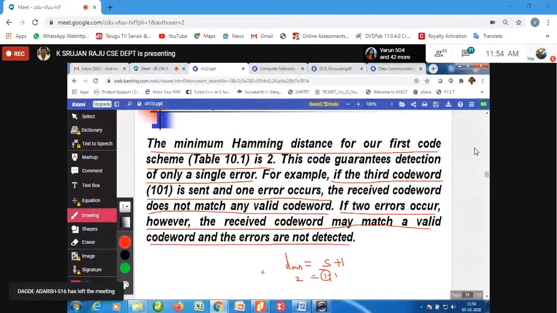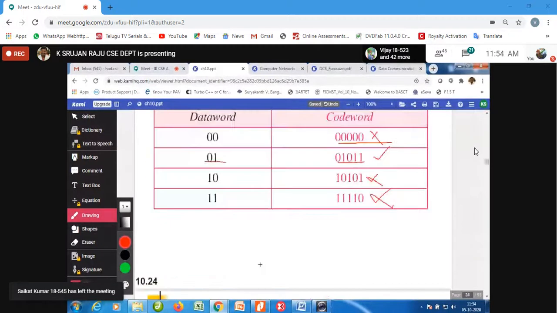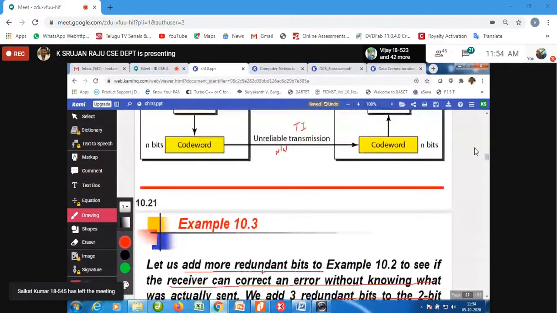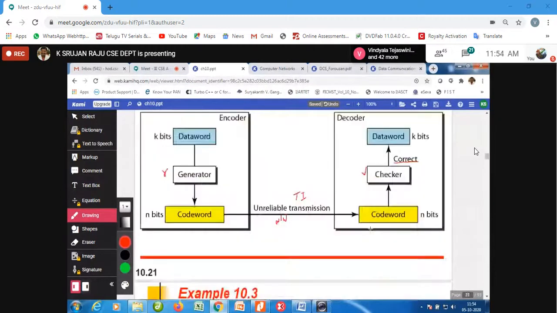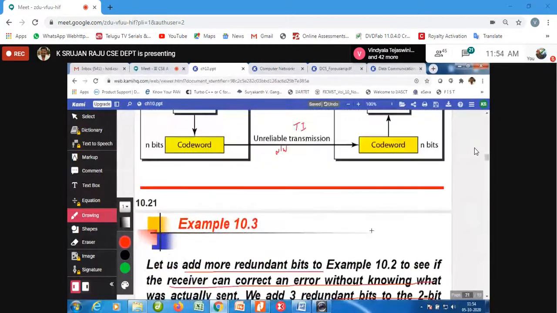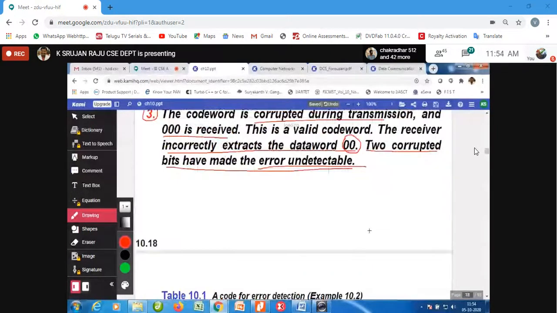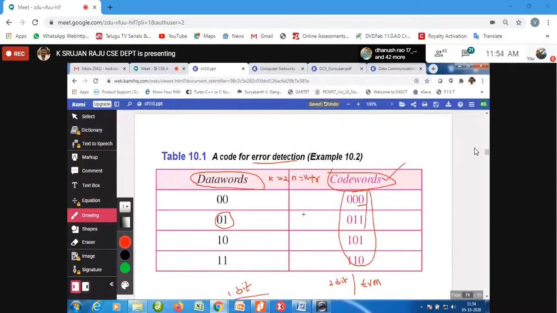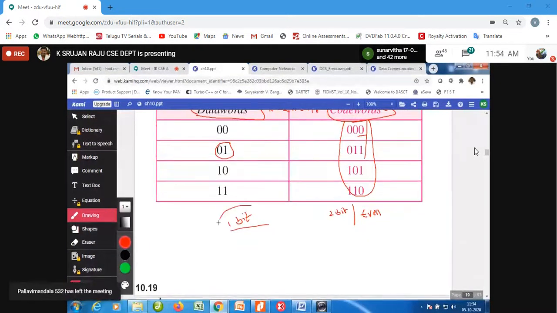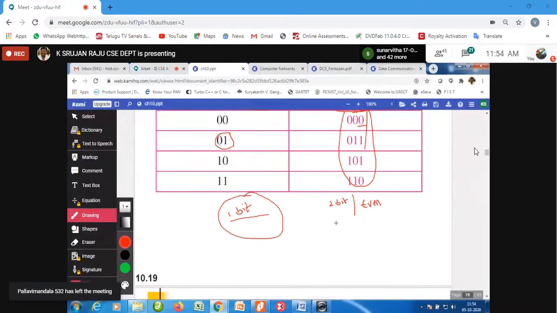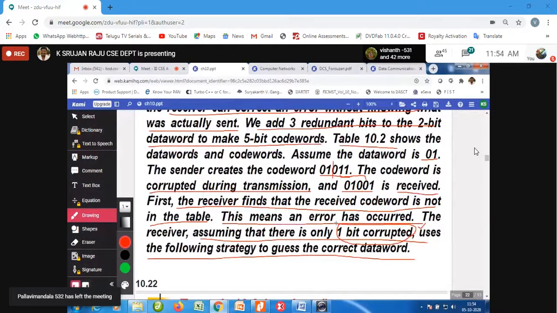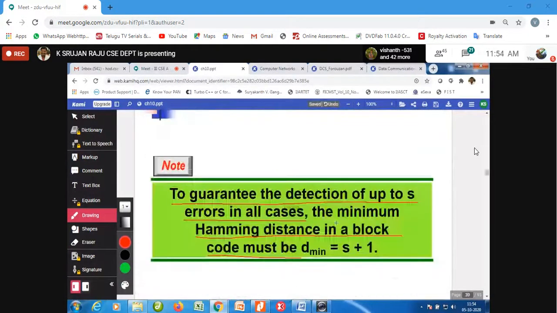You can look at table 10.2 again: if 2 bits are changed, you get a valid code word. That is why, as I explained in the previous class, this is majorly used for 1 bit error detection. That is what we are supposed to understand.